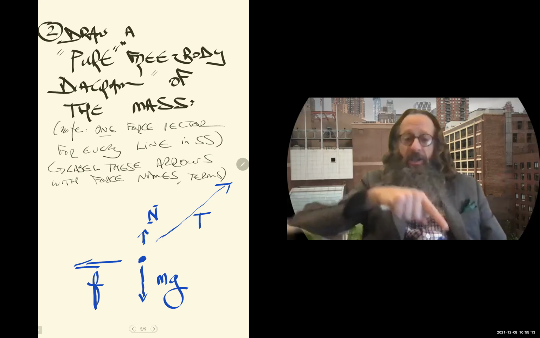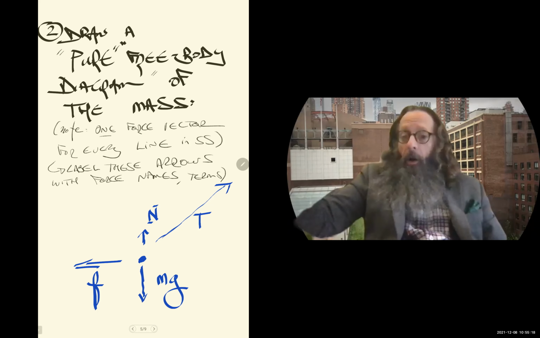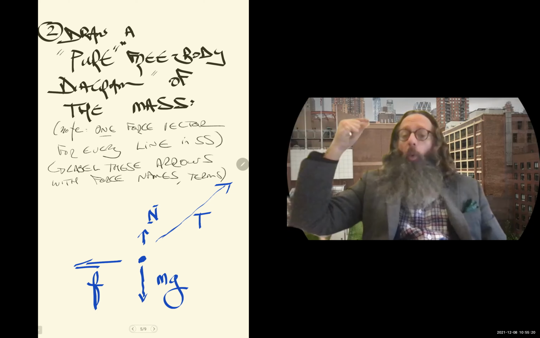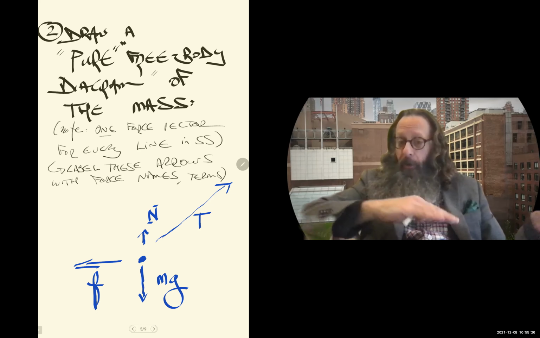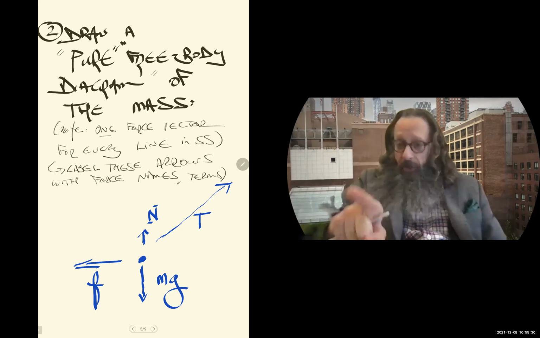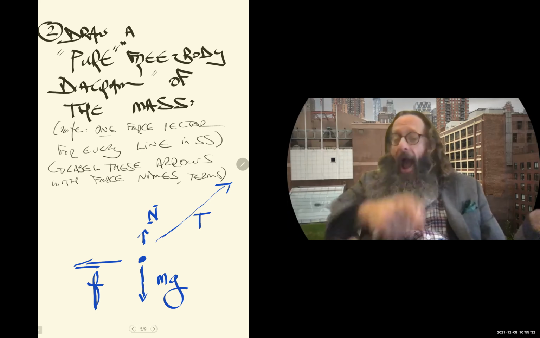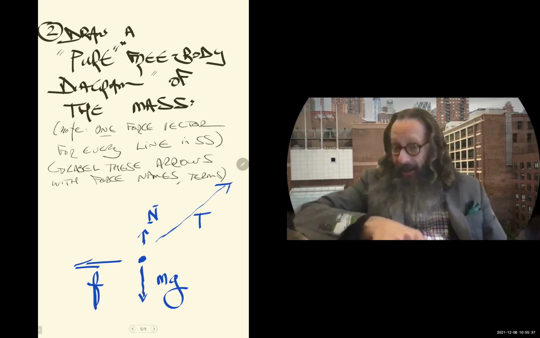But then whenever we look at a complicated pure free body diagram, such as this one, the question that arises is which arrows, which vector are we going to break up into components? And that has to be thought of consciously. The answer is whichever arrow does not lie along a coordinate axis.